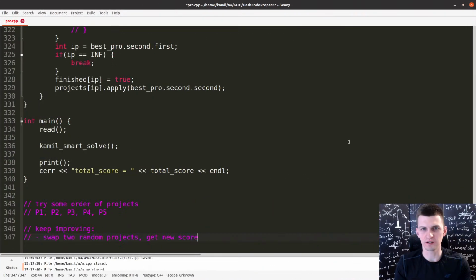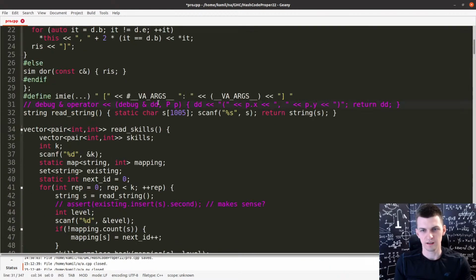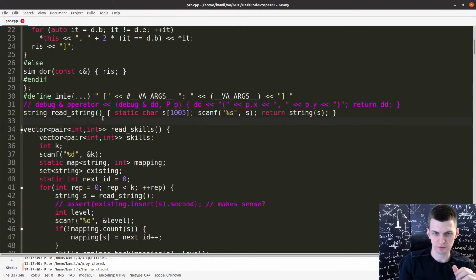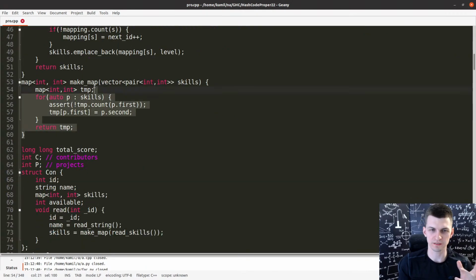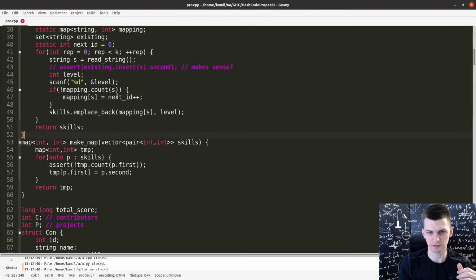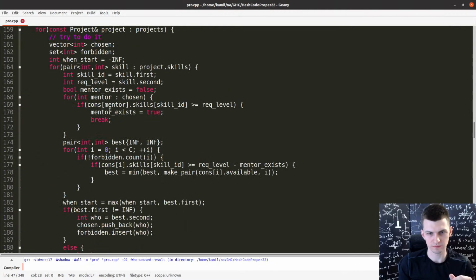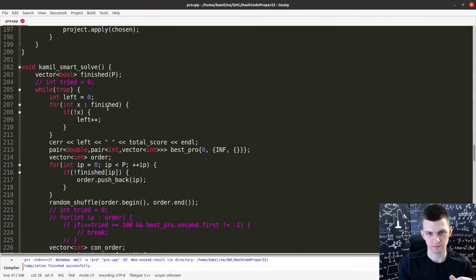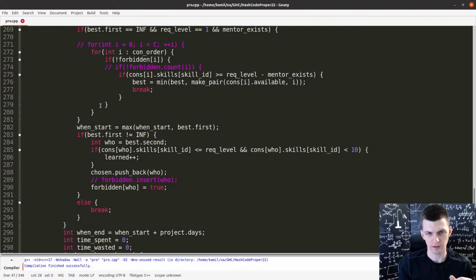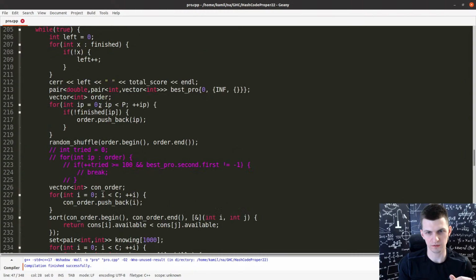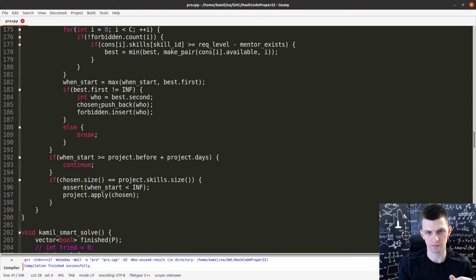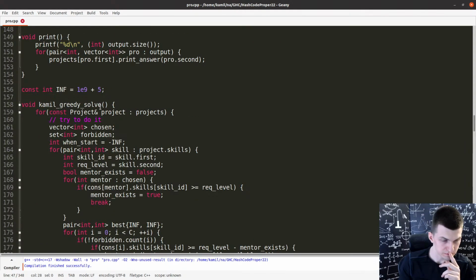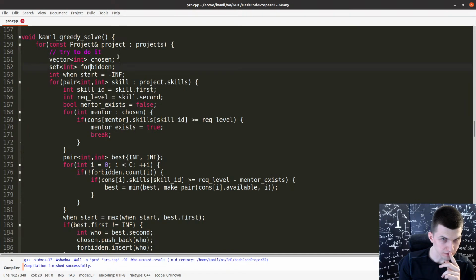Let's try to now make this code work. Oh, and I use a map, stupid map. Smart solve. Greedy solve.